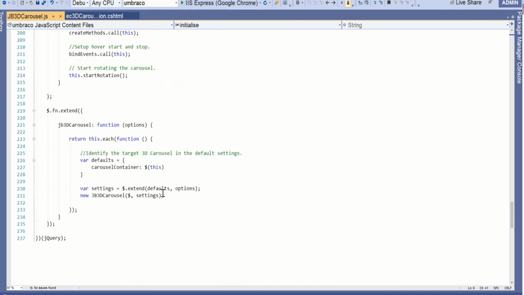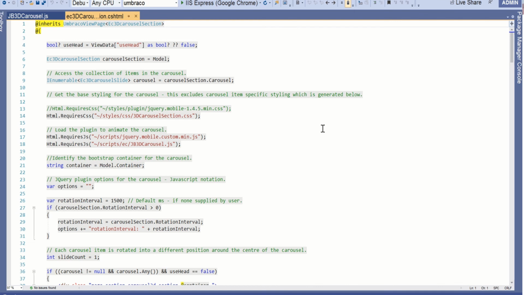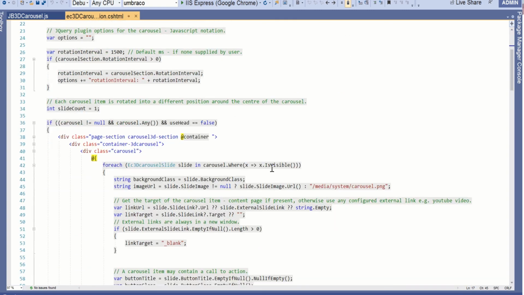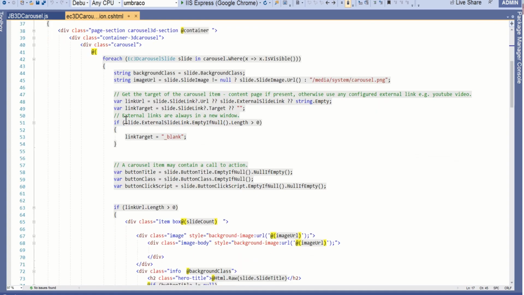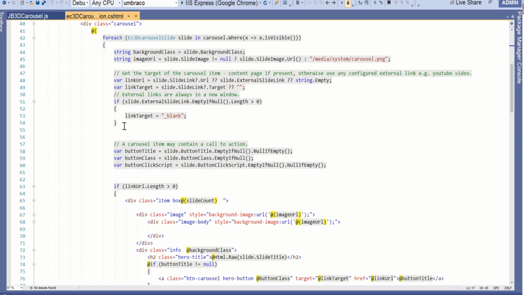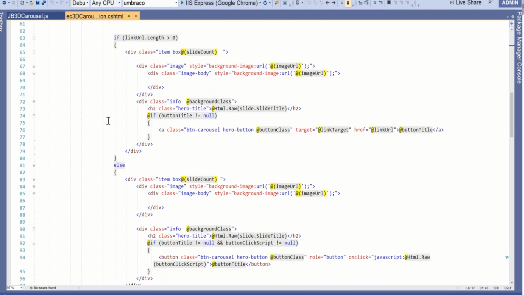and that's essentially it. So the last part is the Umbraco template, and that makes use of the 3D carousel and the custom jQuery mobile. Basically we build up the HTML as discussed in the Excel template that I showed you,